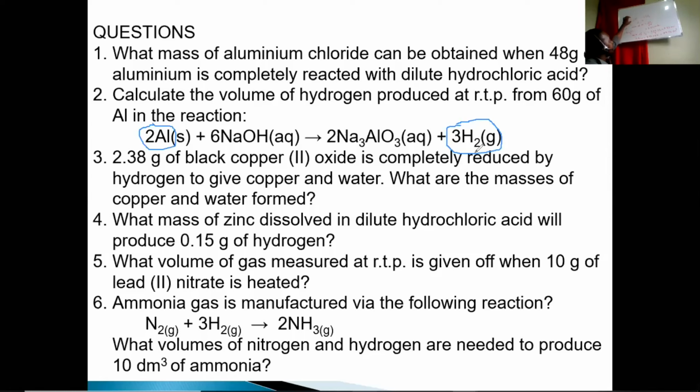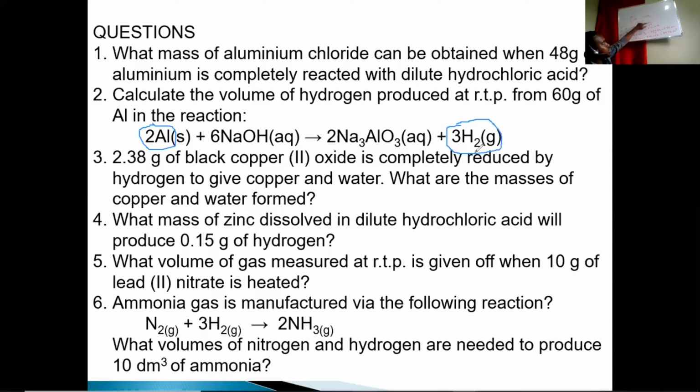So that means we take out the aluminum and the hydrogen. So we notice that 2 moles of aluminum gives us 3 moles of hydrogen gas. So that's a 2 to 3 ratio in regards to aluminum to hydrogen, right? So the question also says that we use 60 grams of aluminum, right? So in 60 grams of aluminum, we can find the mole of aluminum that was actually used in this reaction, because we know that mole is equal to mass over molar mass. So the mass is the mass given in the question divided by the molar mass of aluminum, which is just